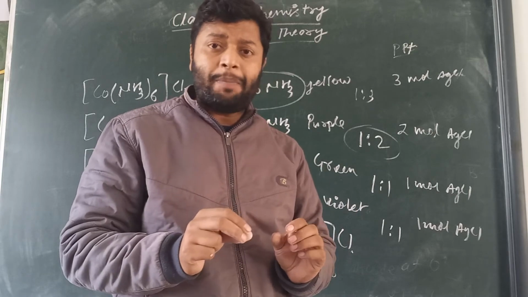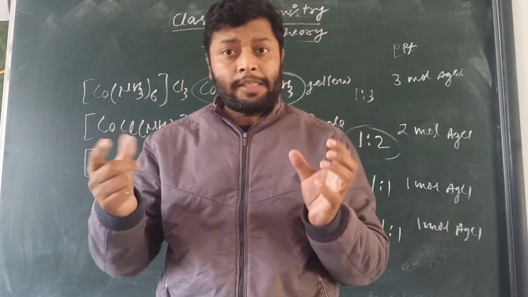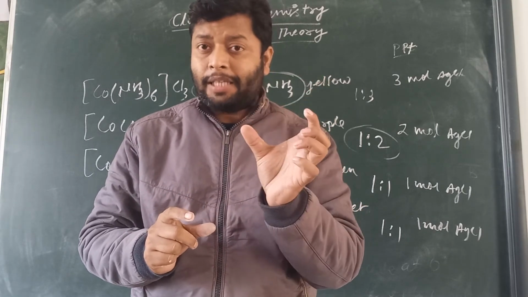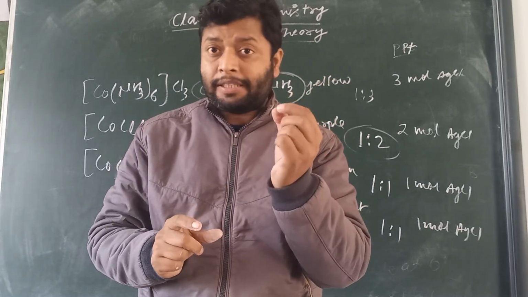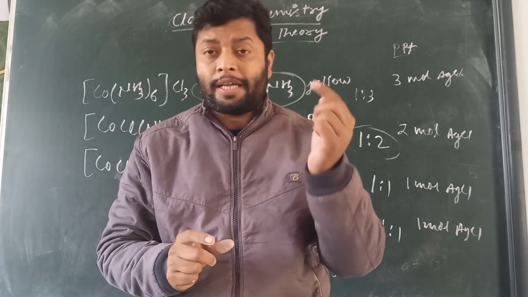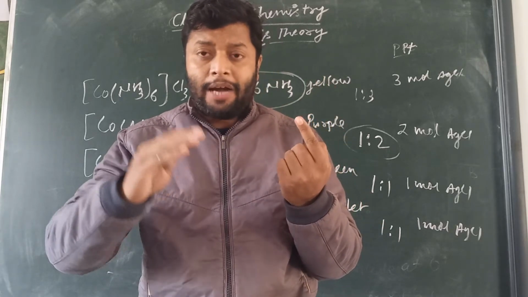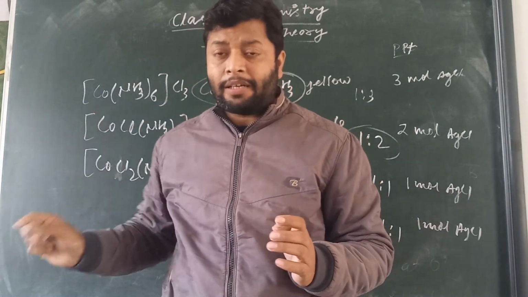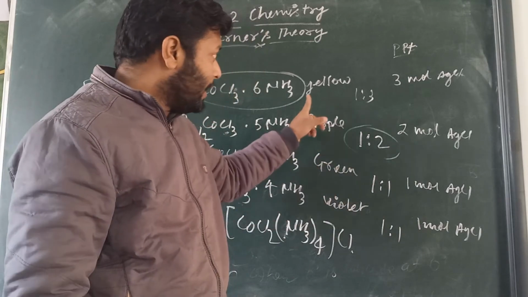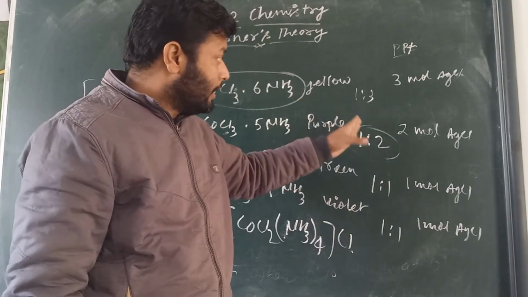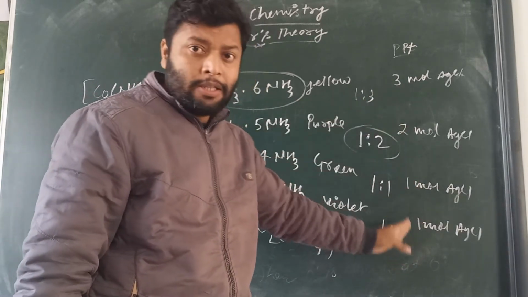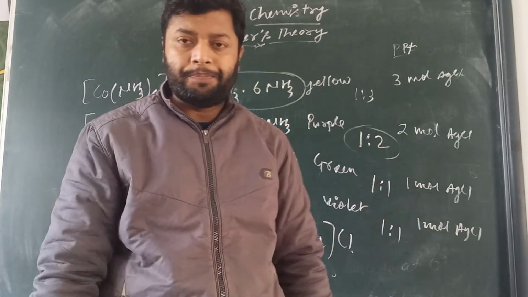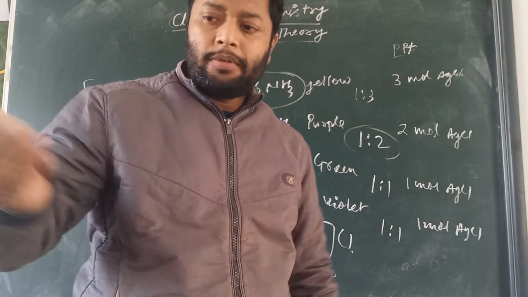Conductivity ratio always depends upon how many ions are furnished by the complex. So a complex always acts like a cation. If there is a cationic or anionic complex, it always acts like a single ion, and the other ionizable ions will be in a one ratio. So these complexes act like a single ion, and the number of ions furnished by the complexes are 3, 2, 1 and 1. That's why we get the ratio 1:3, 1:2, 1:1 and 1:1.